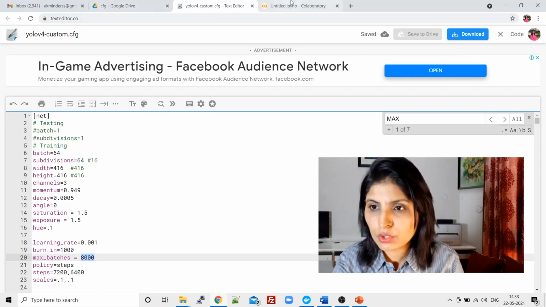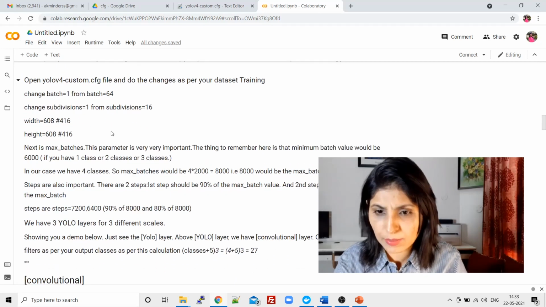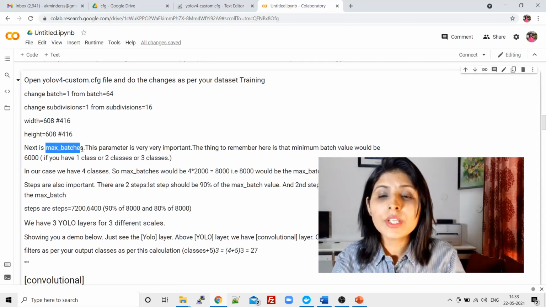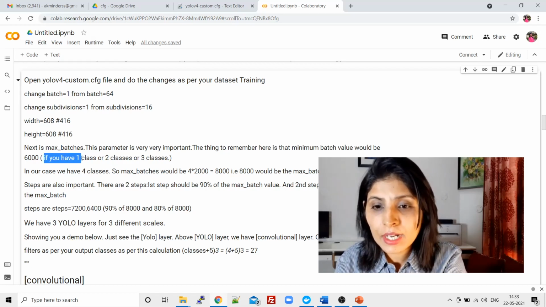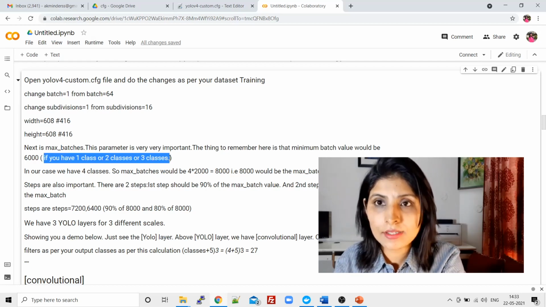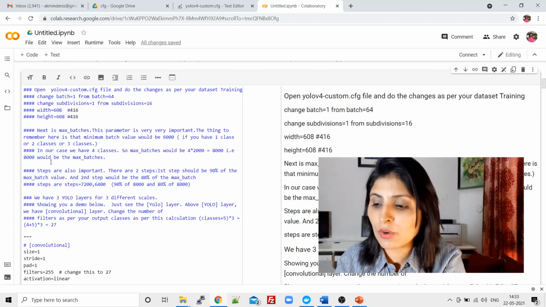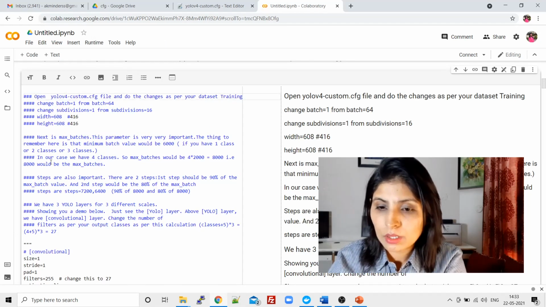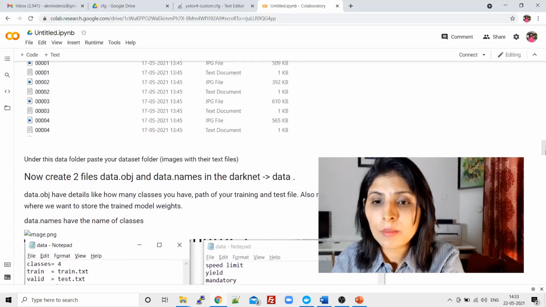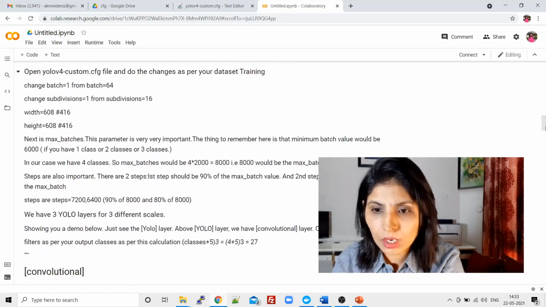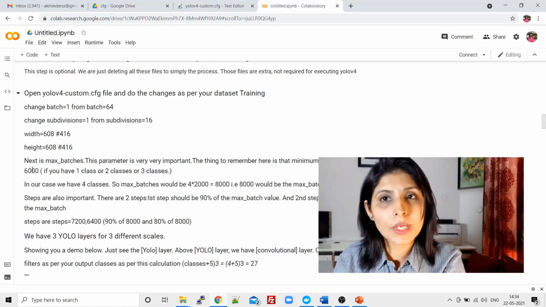Okay, so let me show you over here. I have written here about max batches. See here. In the case of max batches, if you have 1 class, 2 classes or 3 classes in your data set, then max batches would always be 6,000. 6,000 is the minimum amount.